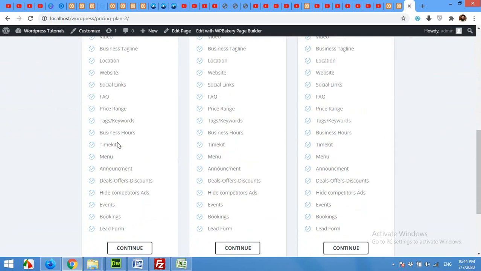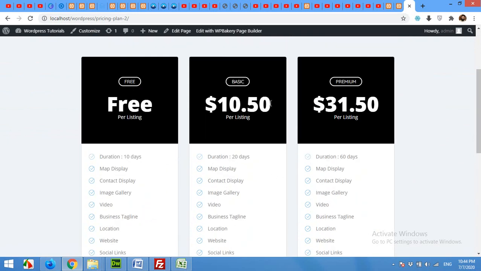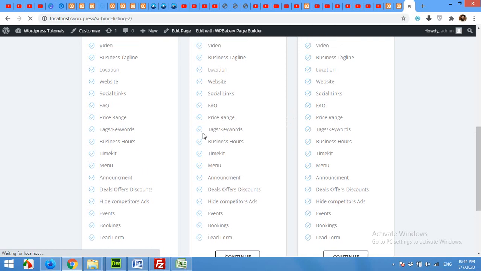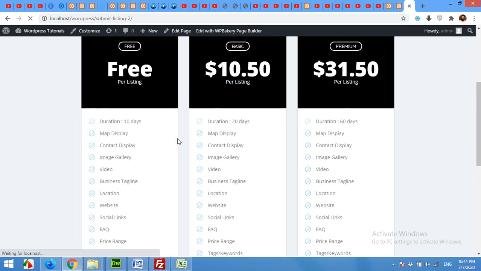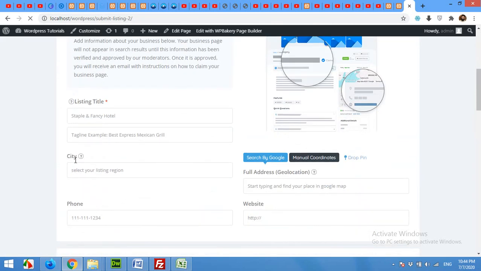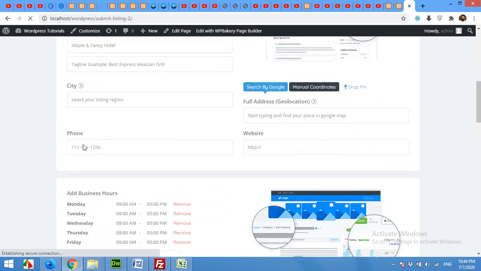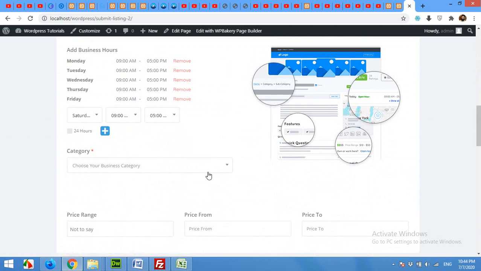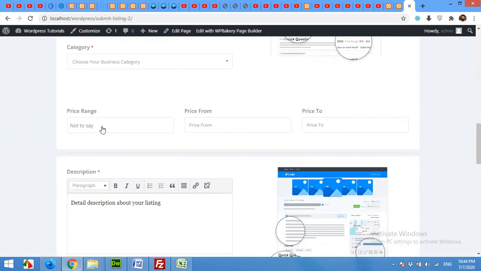If a user goes with the free version, you can also make all these free, but if a user goes with the free version and clicks on continue, then he will be redirected to the form where he can choose the title of his business, the tags, city of his working area, phone number, the full address with geolocation, the website, the working hours, and category, also the price range.